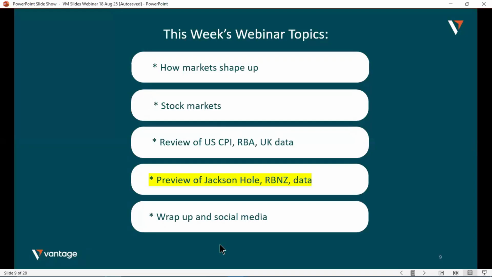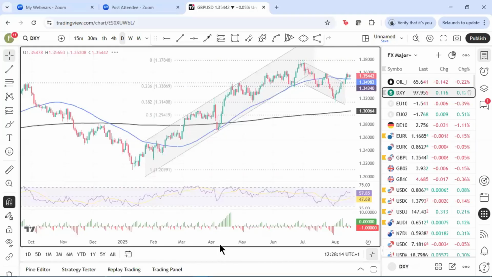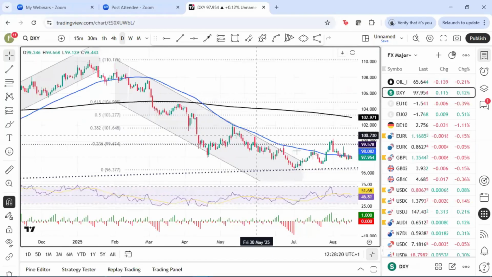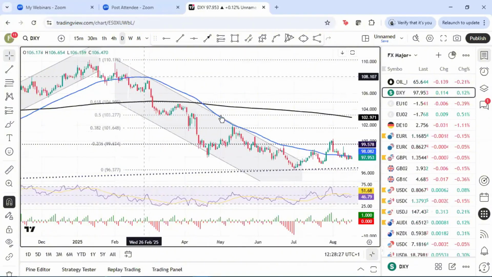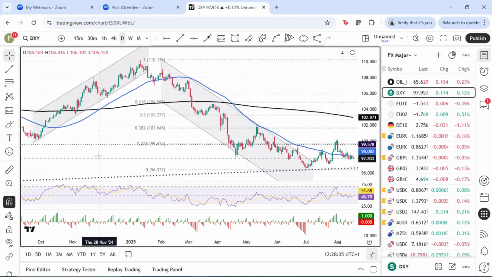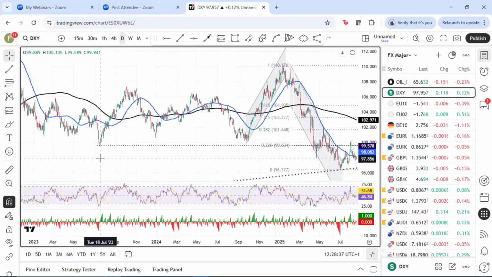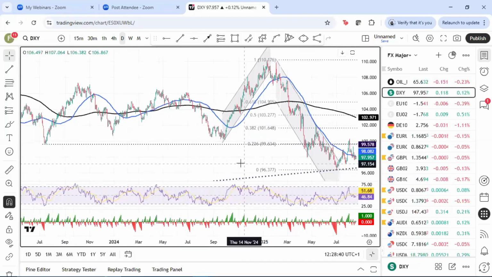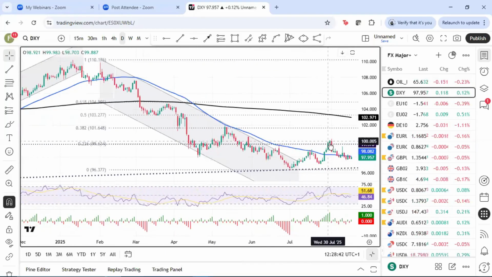If we pull up now the dollar chart, so bear with me one second, which is here. So you can see we're consolidating just below the blue line, which is the 50-day moving average, at 98.08, and you can see it worked as resistance on a number of occasions this year already. Obviously, we broke above it, but we couldn't break 99.57, which is a long-term low from July 2023. That tallies with this fib level as well at 99.63.